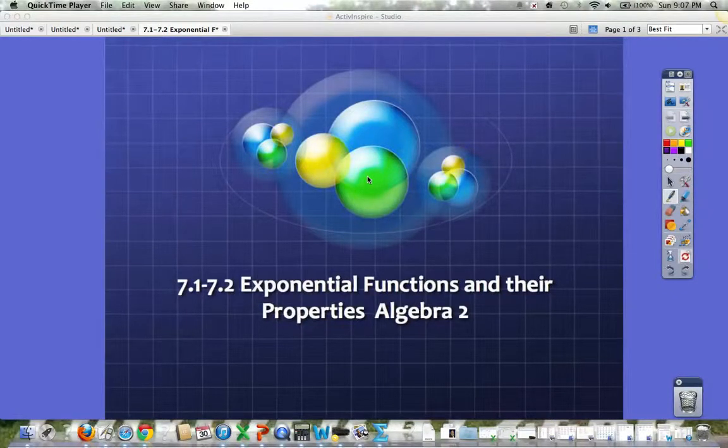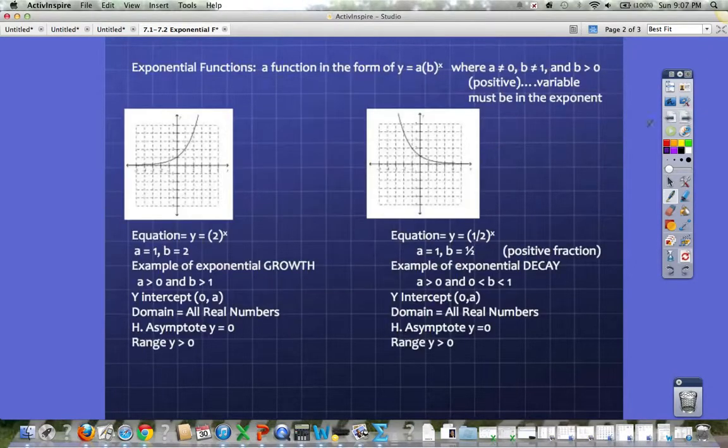7.1, 7.2, exponential functions and their properties. All right. This will be a very short section because we're pretty much just going to be talking about a